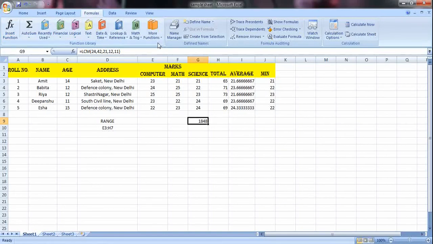Now in this chapter, children, we have discussed about the components of the Excel sheet. Then we have discussed how you are going to write the data into the Excel sheet, how you are going to make different editings, how you are going to copy, cut, move your data. Then we have also seen how to write the formulas in three different ways. First one is directly adding up the digits.